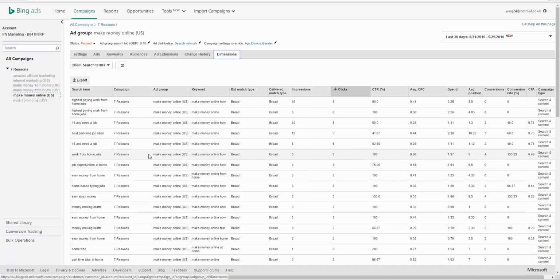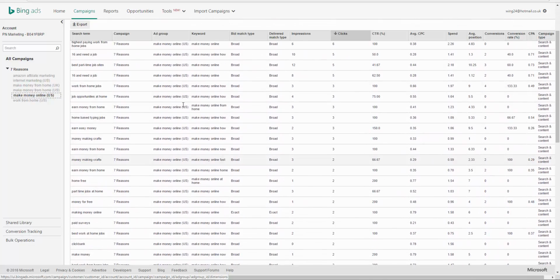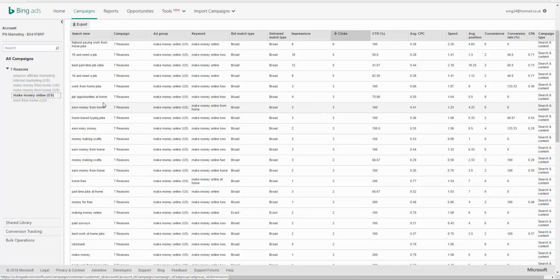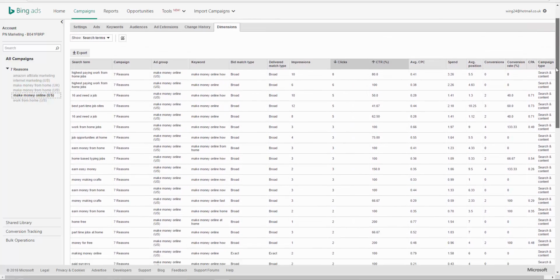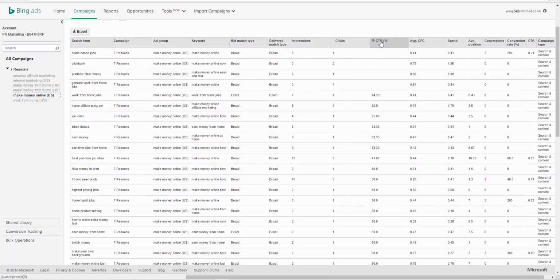So for instance, if you have keywords like this, job opportunities at home, and you have had no conversions, but you're getting some good clicks and good click-through rates, like a 75% click-through rate, you change this to CTR, highest first, so if we change this to the highest first,